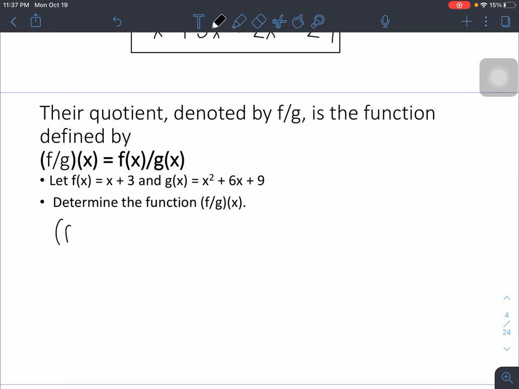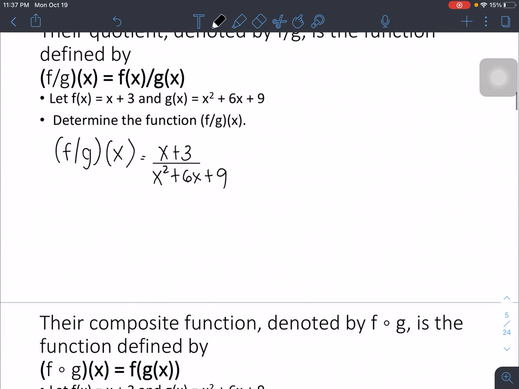So f over g of x will be x plus 3 divided by x squared plus 6x plus 9. Before I proceed, I would like to simplify the polynomials so that I could easily manage the operation. So this will be x plus 3,